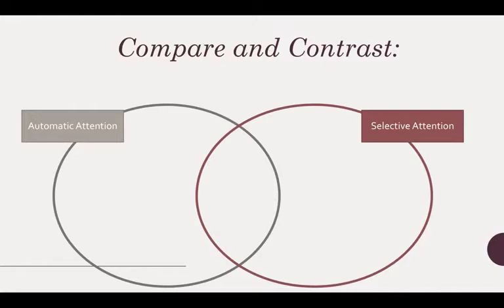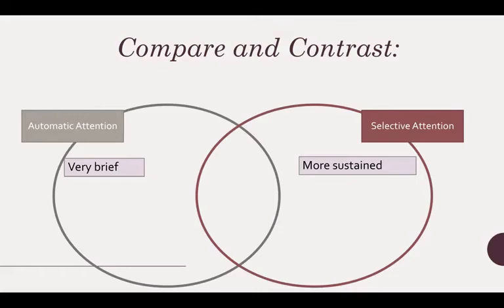Okay, so let's talk about some of these similarities and differences. When we talk about automatic attention, because it's externally triggered, when I clap, I have your attention for the 1 second that you look up. But if I don't tell you to do something else or I don't do something else, then your attention is gone, right? It drifts to something else. So we tend to think about automatic attention as much more brief,